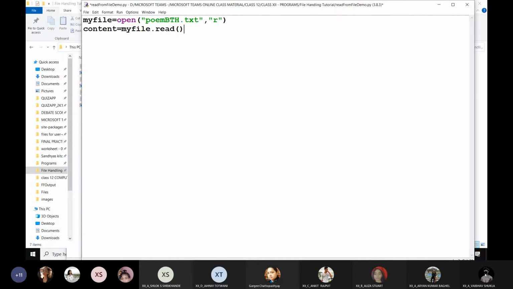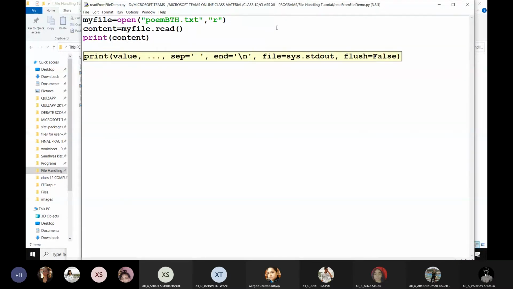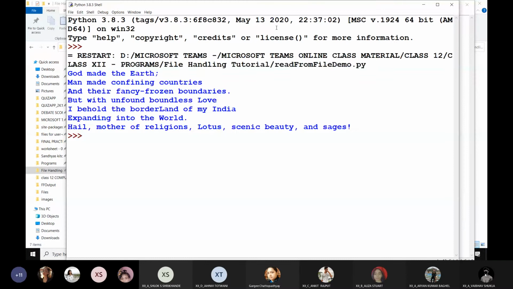So first, Python will read the content from the file and save it within the file object. And because I have used this string object here, from the file object that content will be fetched into this string object within the Python file. Now, if I just print content, let's see what the program gives us. So Control F5, and you can see it reads the entire content of the file and displays this.